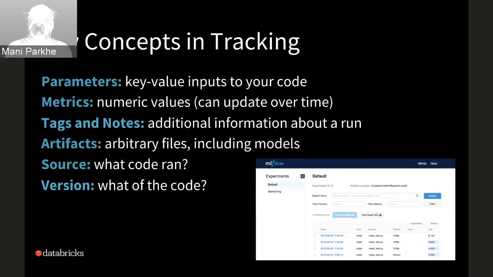Data scientists try out thousands of experiments with the same algorithm to get the right results that they are looking for. So one of the key concepts is a dictionary of parameters that might be associated with your particular run. Another thing is, after your run is done, you generate numeric values by scoring your model on test data.